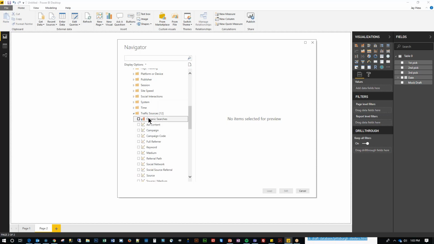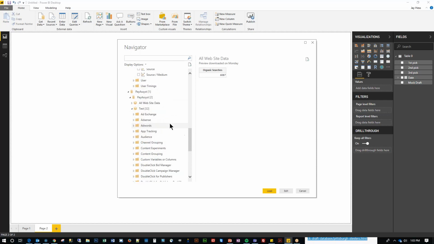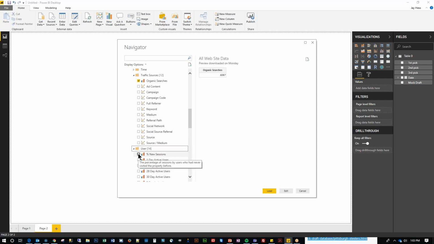So here we can see the traffic sources. If I just make a quick connection, it's going to let me know 6,087 organic searches were done. If I want to go ahead and get user data for Google Analytics, same thing, it adds that. If I want to see one-day searches, remove the organic. So you get to pick and choose what data you want to manipulate or use or pull into Power BI to go ahead and utilize